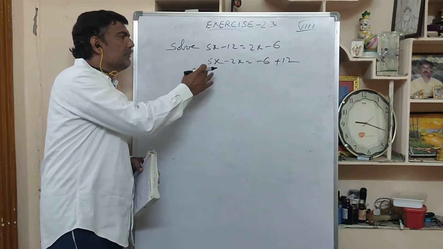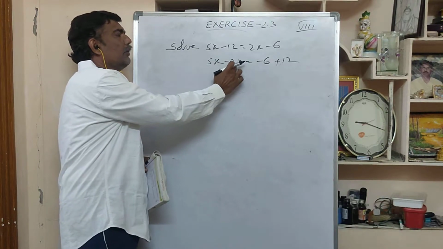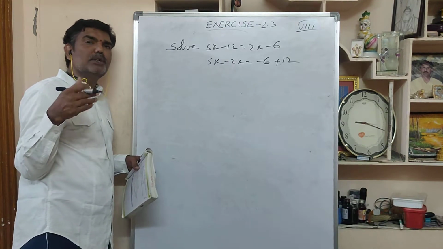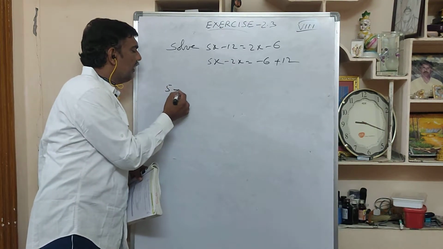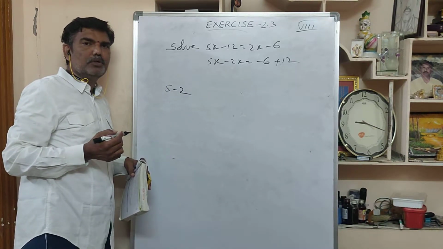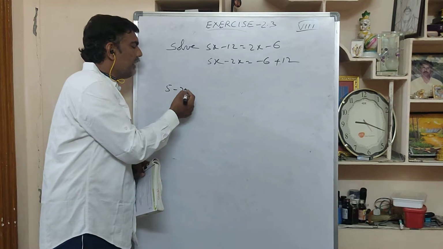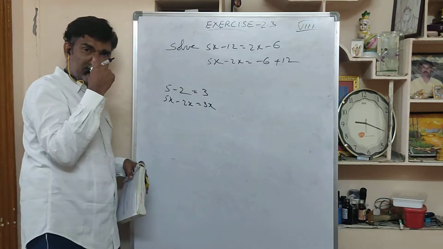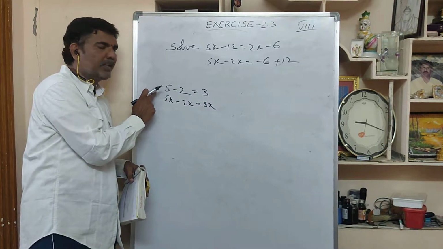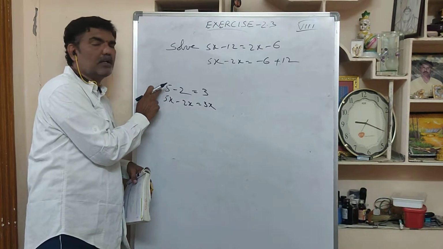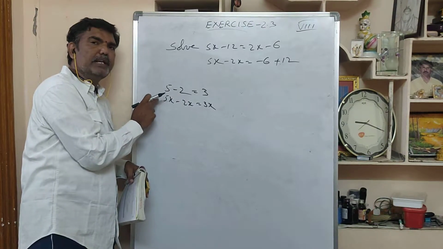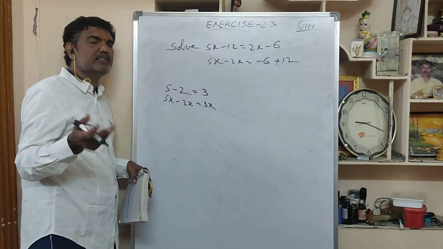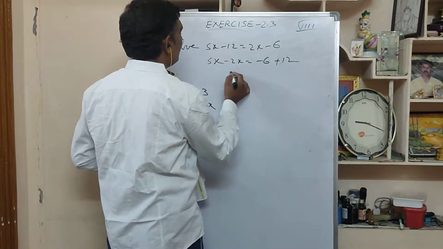The important point here is that 5x has a plus symbol before it, and 2x has a minus symbol before it. If you see different symbols, you have to do subtraction. If anyone asks what is the value of 5 minus 2, you will say obviously 3. So 5 minus 2 is 3 means 5x minus 2x is how much? You have to say 3x. This and this are equal. This is the problem which you do in second or third class, and this is the problem you are doing in 8th class. Here you feel some difficulty because you see x, but x is nothing but a letter. So here it is 3x.